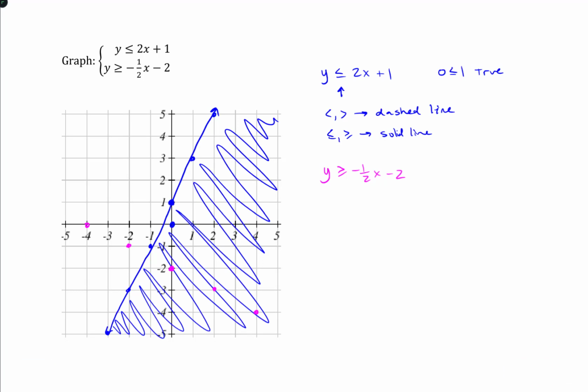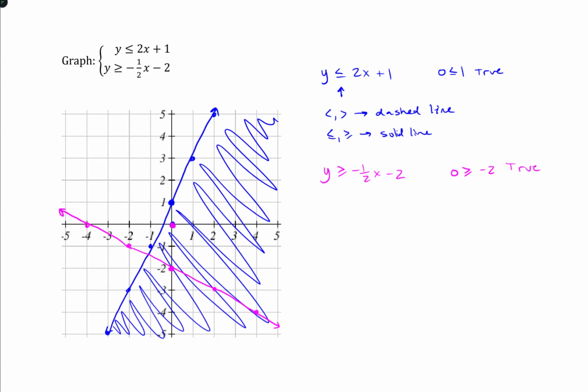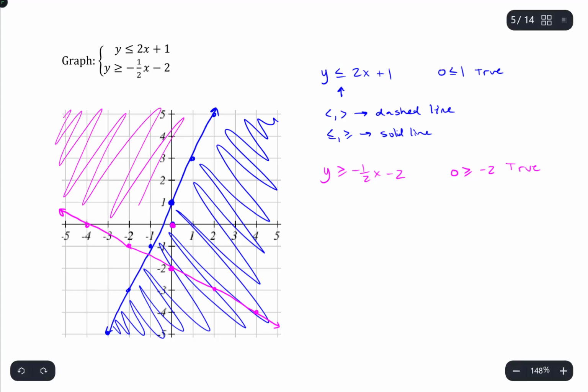Now, because it's greater than or equal to, I would include the boundary, which means I would draw a solid line through these points. And I have to choose which way to shade, and it's usually best to just use the origin if you can. So plugging the origin into the line equation, I get 0 is greater than or equal to negative 2, and that is also true. So I shade the part of the line that is